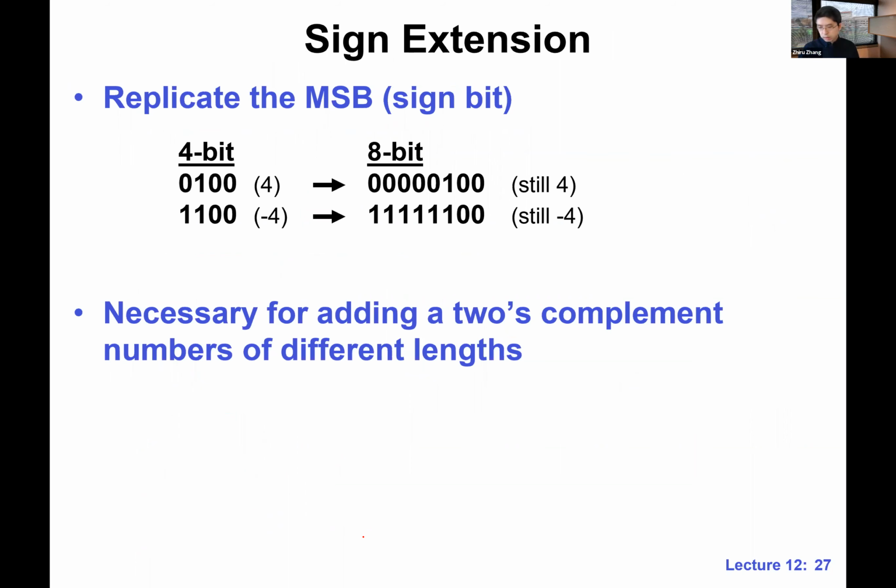Okay, I want to quickly cover a few more things. One is the so-called sign extension. This is where, in some cases, we do want to convert a binary number, a 2's complement number, with a smaller bit width to something with a larger bit width. All we want to do is to basically append the